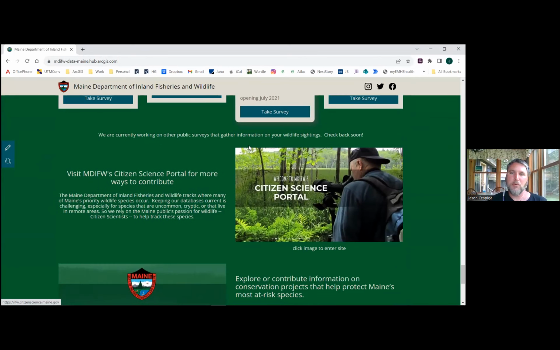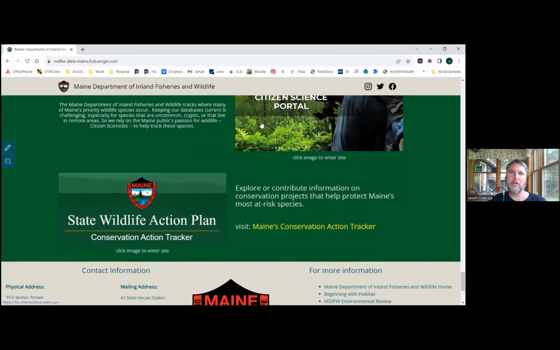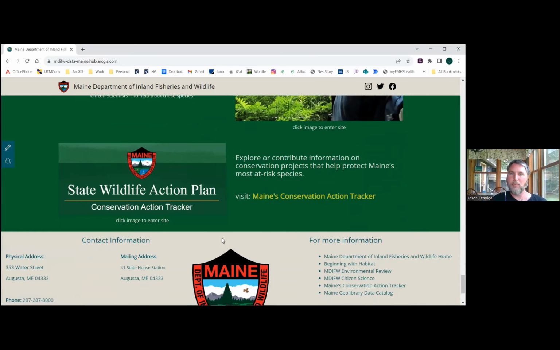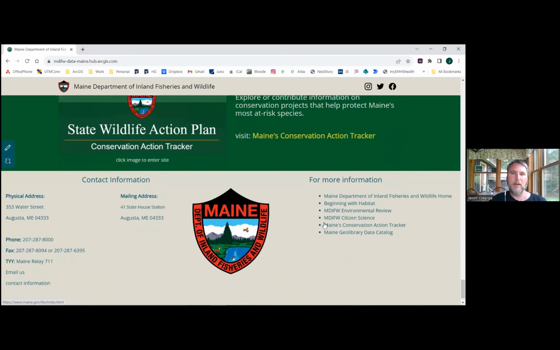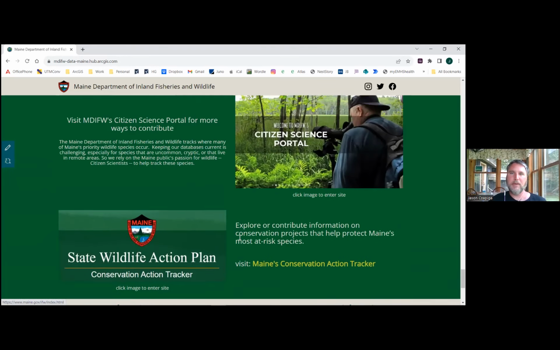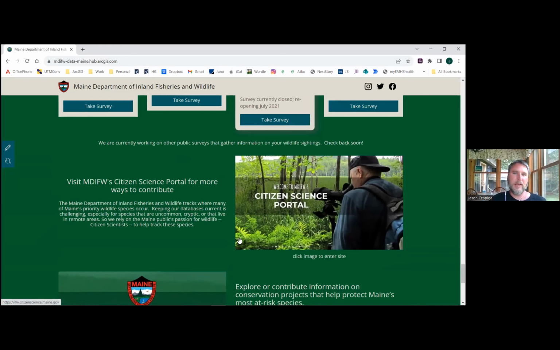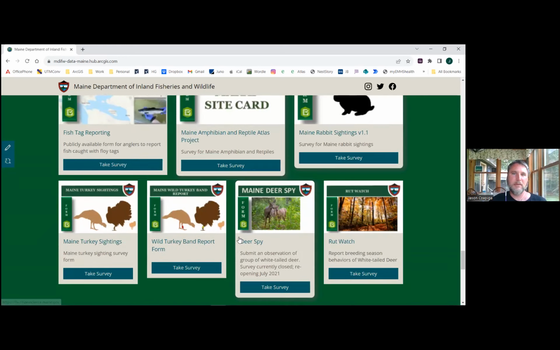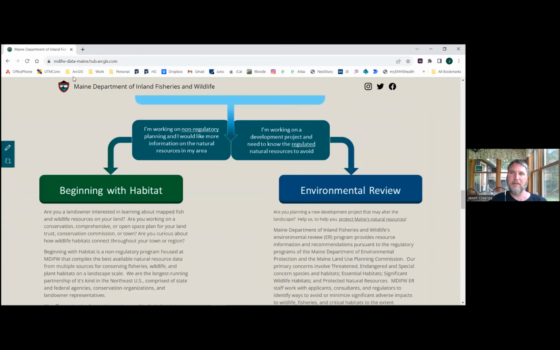Then we have our citizen science portal, which is a separate site, but you can link to another site in here and put some information on it to be able to get people to engage somewhere else. And then this is another thing that's through ArcGIS Online that kind of tracks our conservation actions from our wildlife action plan. And then the footer, just all our information and a few links here. It's very simple, easy to use, easy to put together. And I think it's much prettier than our geo library plain text kind of thing.